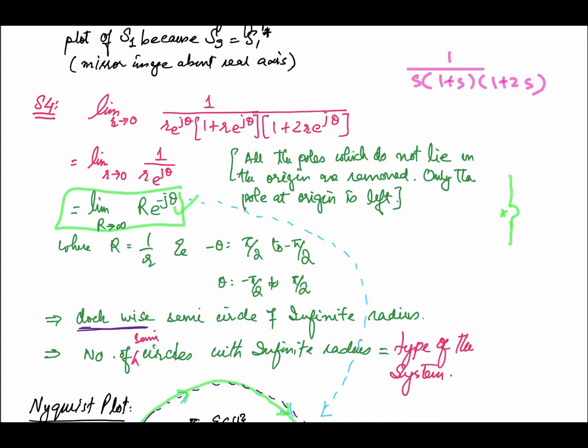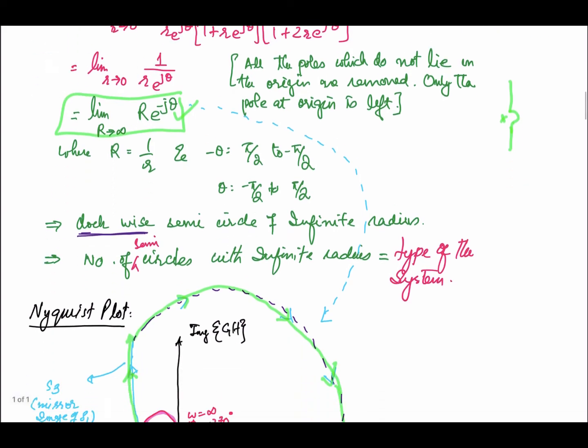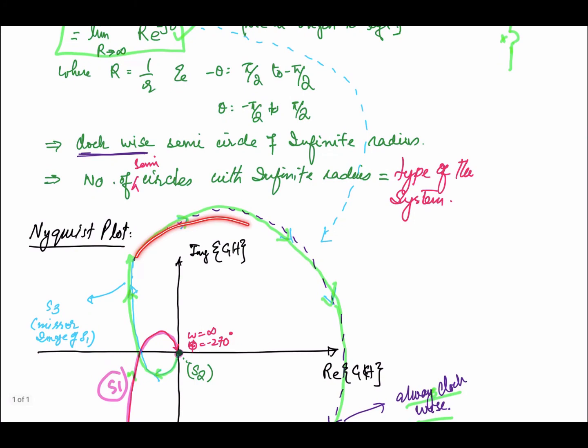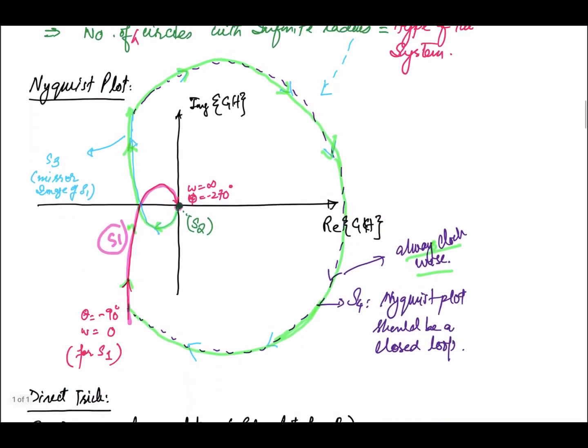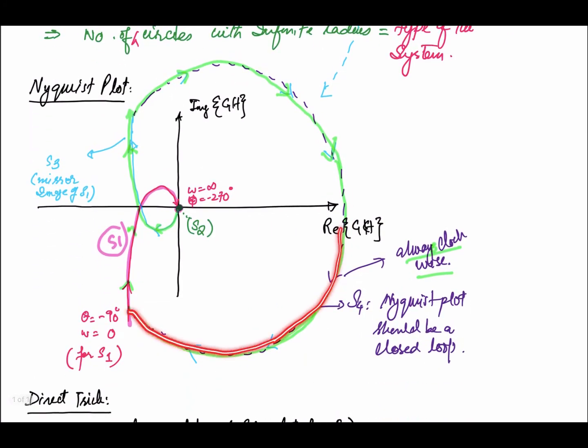In this, if r is approaching zero, we have the point in the GH plane that is infinite, right? And as we are moving over this circle, we will get an infinitely large circle over here, from the fourth part of the contour that is taken in the S domain. So for S4, the Nyquist plot should be a closed loop. That's why we have considered this infinite circle joining these 2 points. So this is the Nyquist plot representing that.